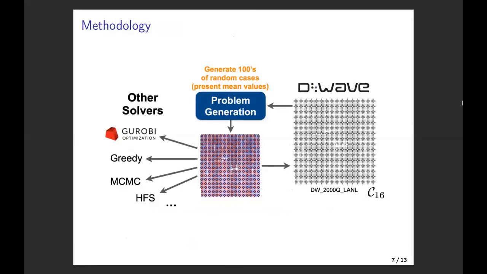The workflow of our experiment looks like this. Firstly, according to the hardware topology, we generate 100 random instances of the problem. Then, we solve these problems using different algorithms, and finally,